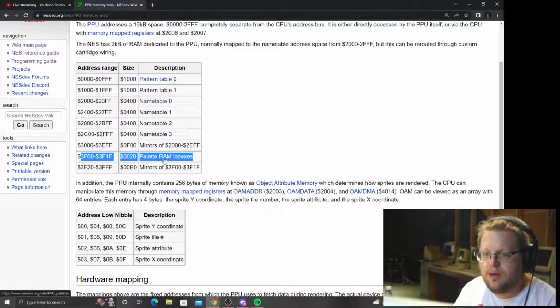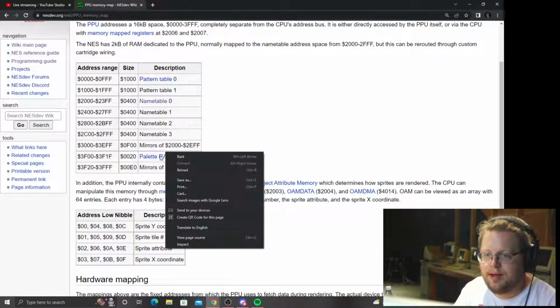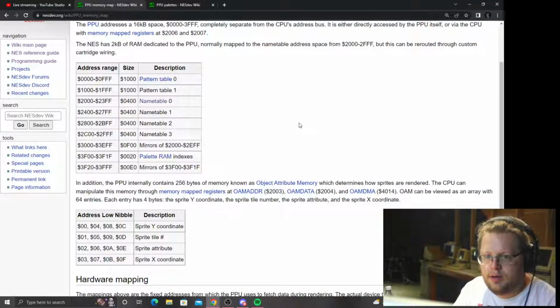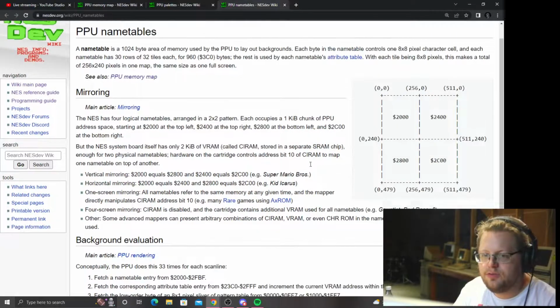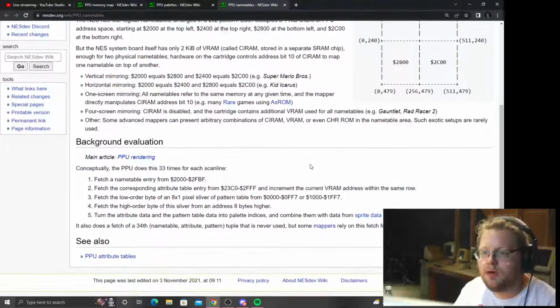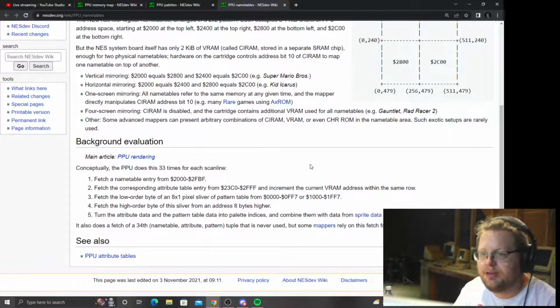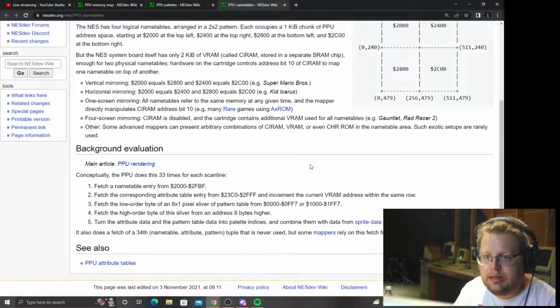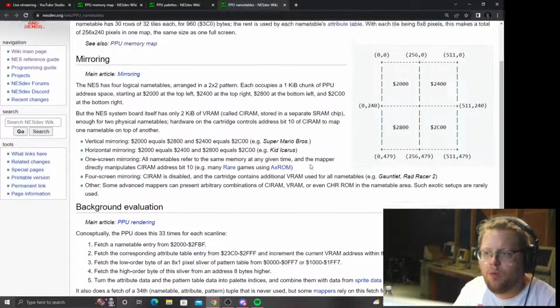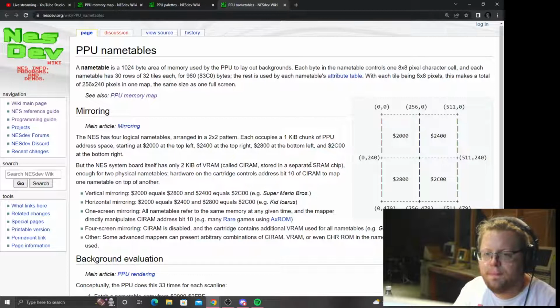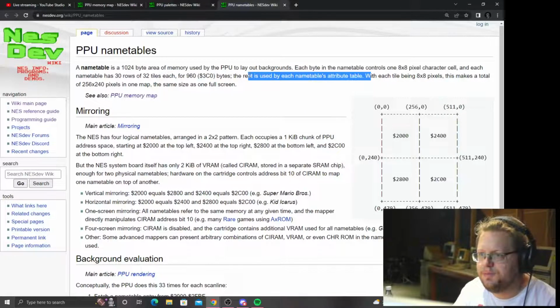Then we have the palette RAM indexes. So I'm going to go ahead and click that palette RAM link. And what is occurring to me now is, let's open the page on name tables, because I was sort of looking at these last time to figure out what we were doing to get the characters on the screen. And I believe the name tables actually have the, yes, attribute table